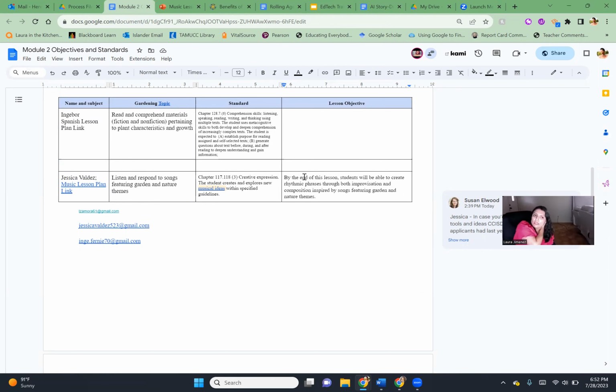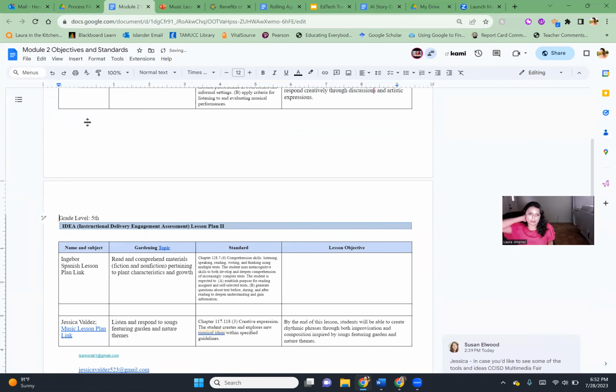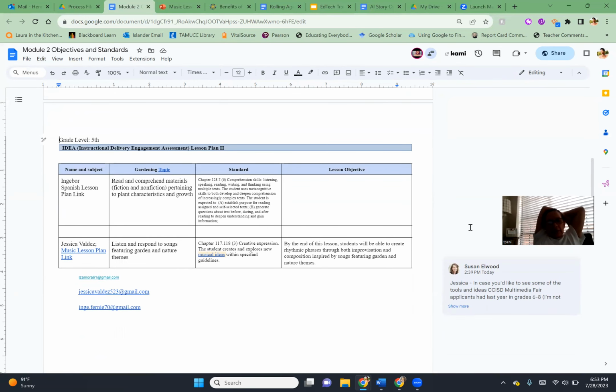What grade level? Is it 5th grade for lesson 2? Yes, we said 5th grade. And the lesson plan is going to have the same format as lesson 1, correct? It's up to you. Okay. Shimira, for my lesson plan, because I'm using the standard comprehension skills again, do I have to use another book or can I use the same book? If I was you, I would use the same book.